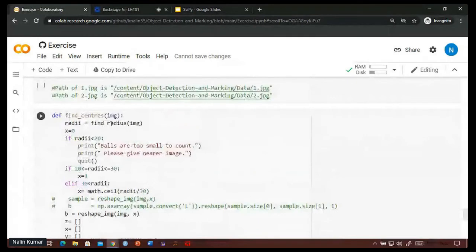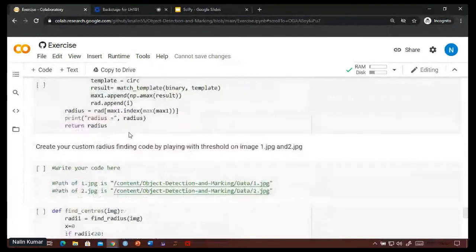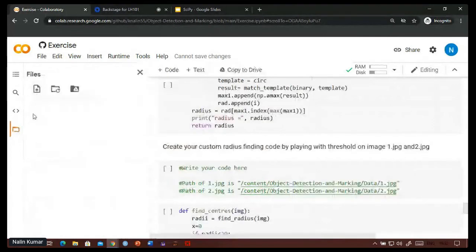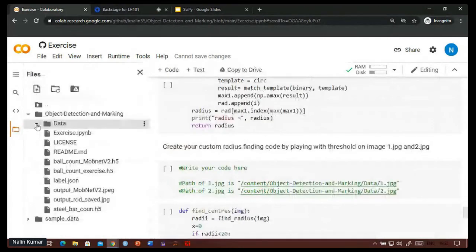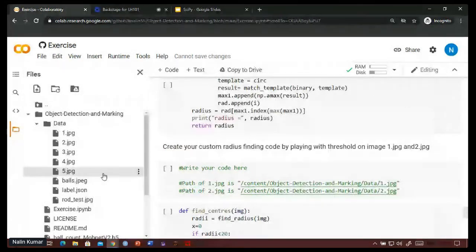For the radius part, you can try on the 1.jpg and 2.jpg available in the data section. You can try out changing this threshold value.